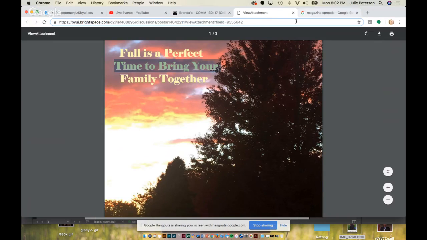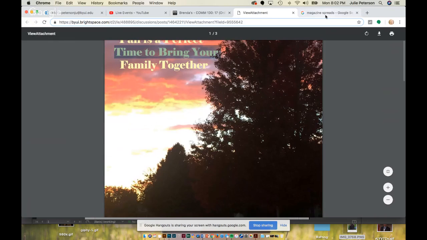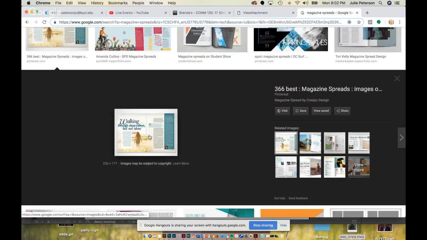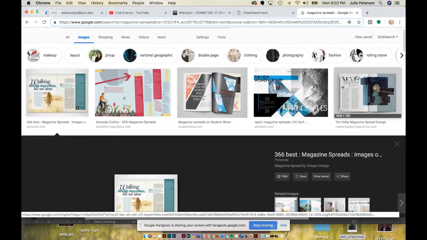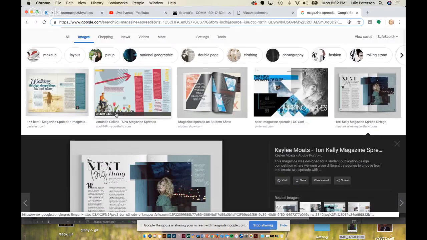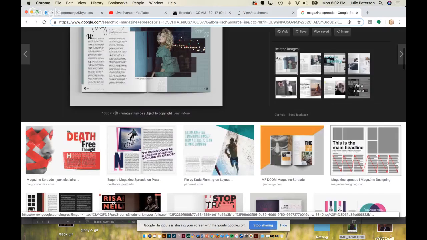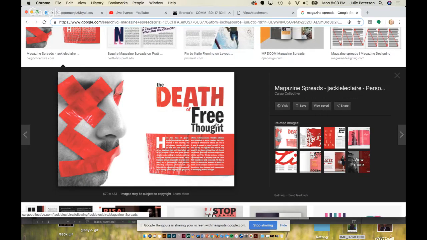And then how can you make this title a little bit more interesting to look at? So if you type in magazine spread again, look how we're working with a long title. So we find a word to emphasize it, use script, choose a different font. Here's another great example of playing around with your different categories, making the title a little bit more interesting. Different text, different size, different values, different colors makes it interesting.